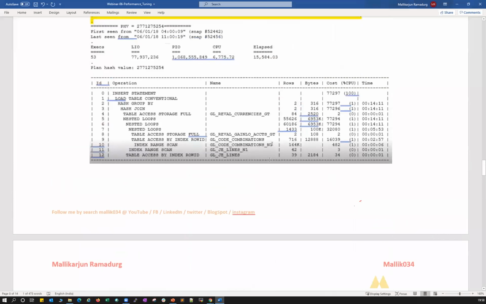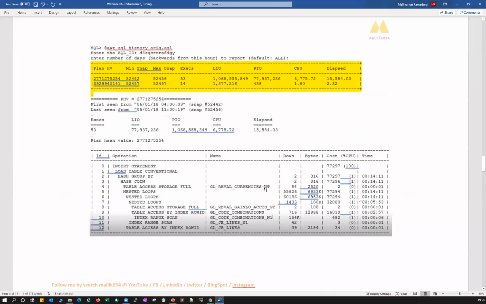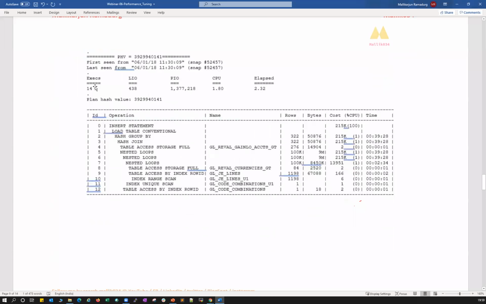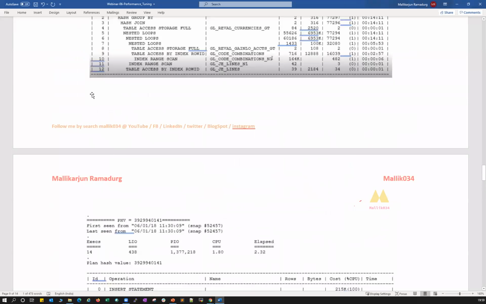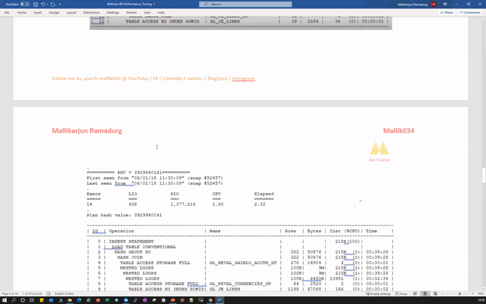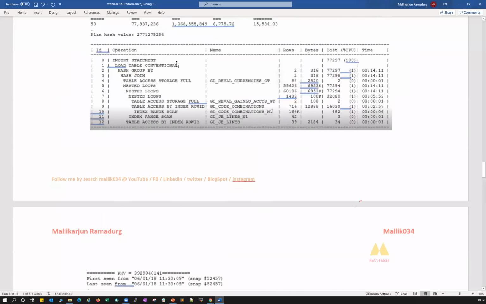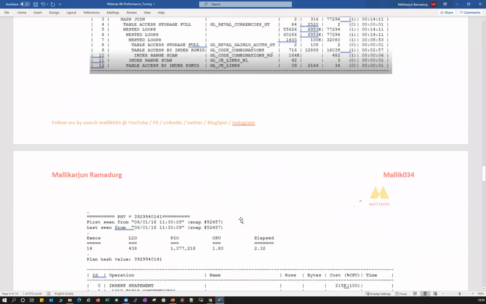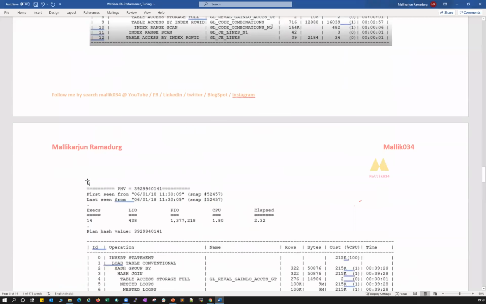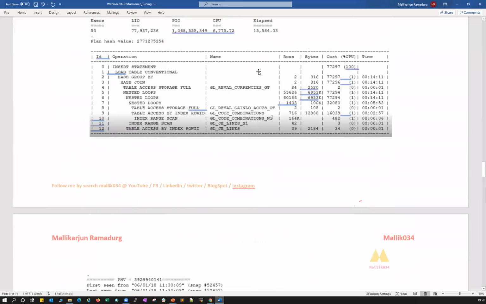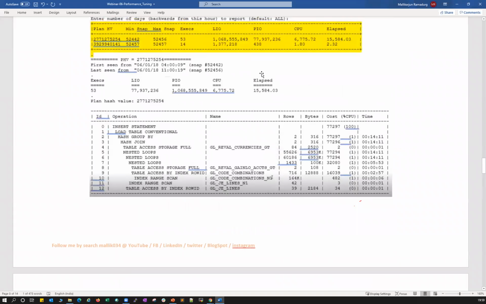There's a huge difference here between these two execution plans. So then you decide which one is best for you. You can see here the execution went for 53 iterations, and this one went for 14 iterations. Then you can read this one: I/O, PIO, and CPU. You can see CPU is 6775, and this one is 1.8, because it's a 14 time execution, and this is a 53 time execution, and this is the elapsed time